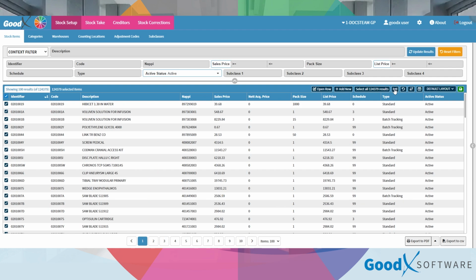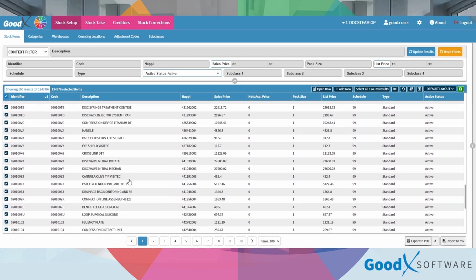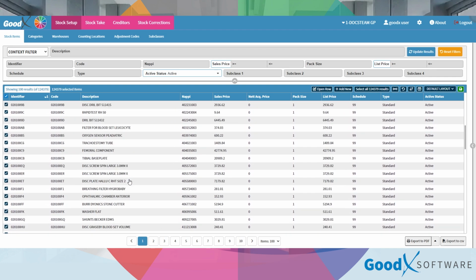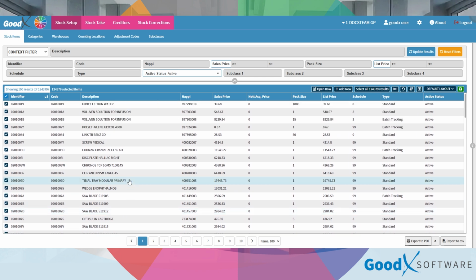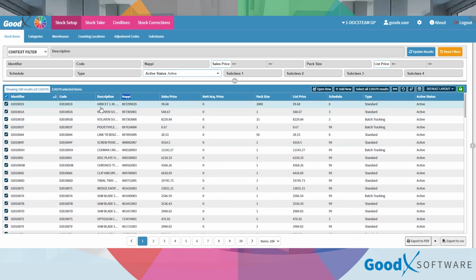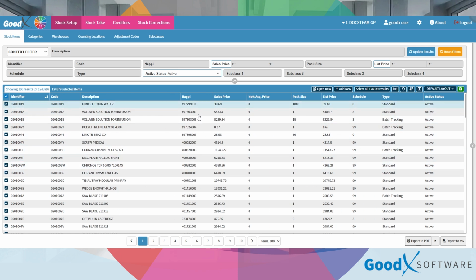Alright, if I click this, it will expand the width, and we can see now that all the information within the column is easily readable. Let's say, for instance, if this column was too close, as you can see there, we can't read the description. So if we simply click on expand width, it will expand the width for the information to be easily